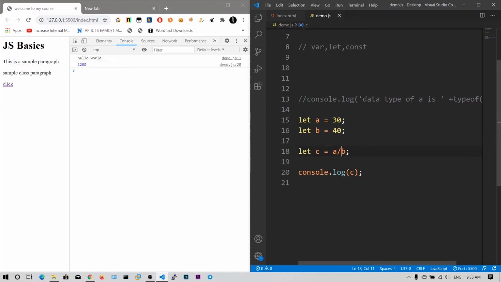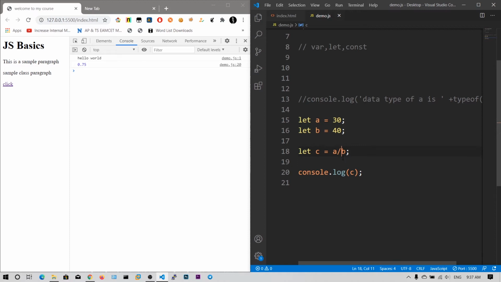And if I say divided by, I get 0.75. So in this way the normal arithmetic operations work. I don't know if it is the remainder or not. I should get 30, right? Yes, this percent sign also works as the remainder operator.